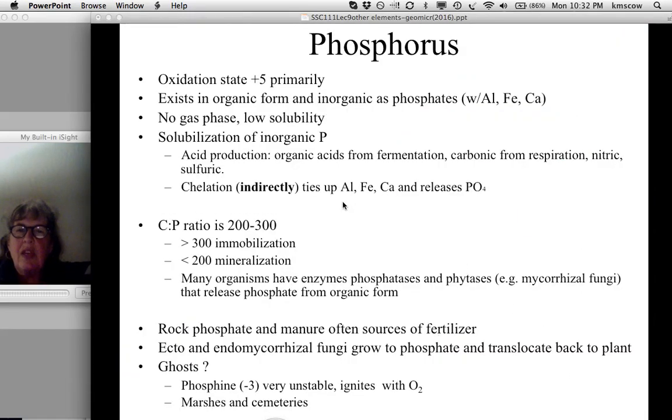Okay, and also chelation. Chelation indirectly releases phosphate because it may form a complex with the other ion that is in association with the phosphate. In particular, like iron. The chelate will pick up the iron, and then the phosphate will be abandoned and become available. All right,